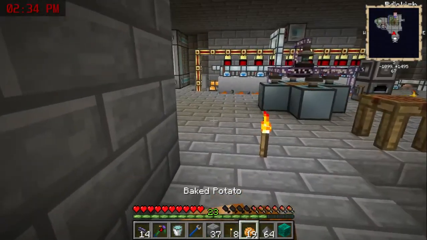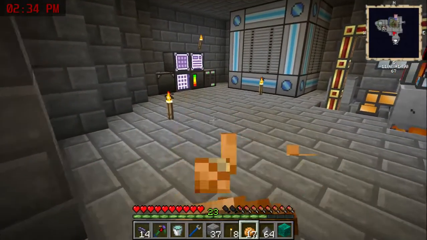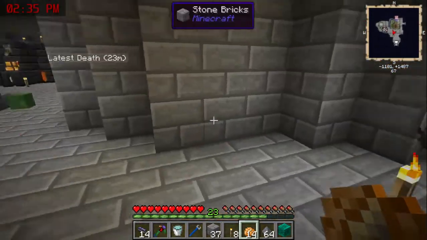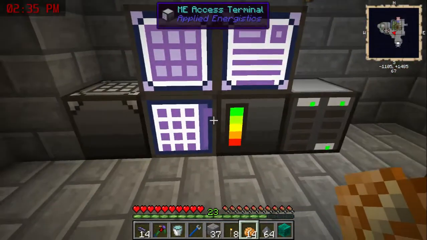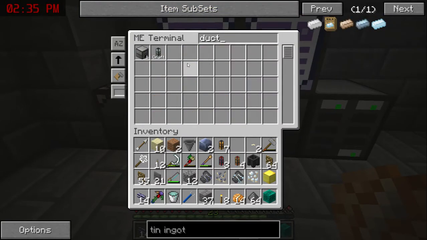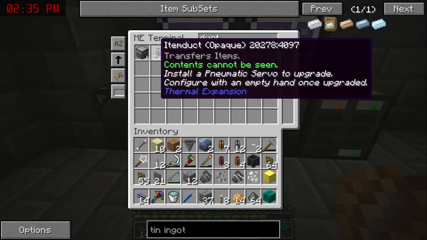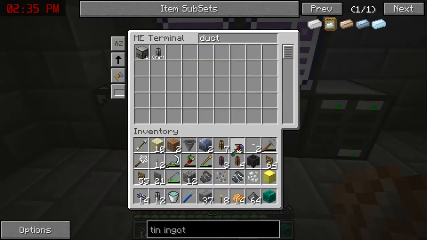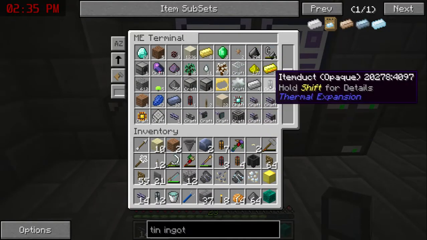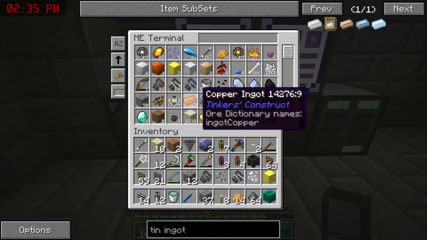Oh, I got it. Alright, let me get this where I've got a little bit of... where is it? Let's do duct. Give me like 10 of those. Got them. And I need a chest. So give me like...